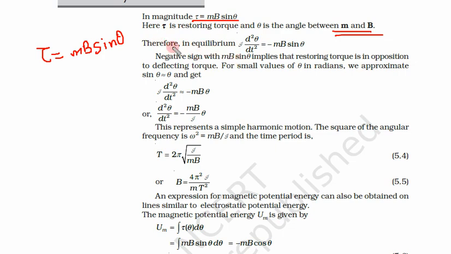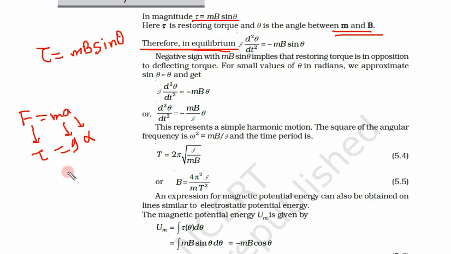Now for equilibrium, let us see one more time this thing: from Newton's law we have F is equal to ma. But in rotational motion, this F is changed by tau, this m is changed by moment of inertia, and this a is changed by angular acceleration, so I alpha.